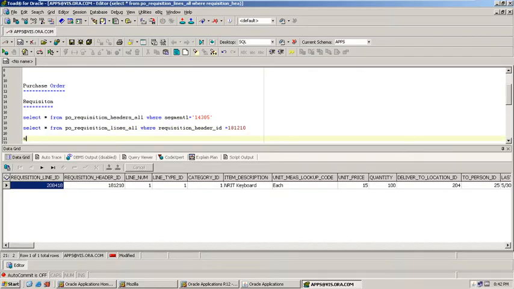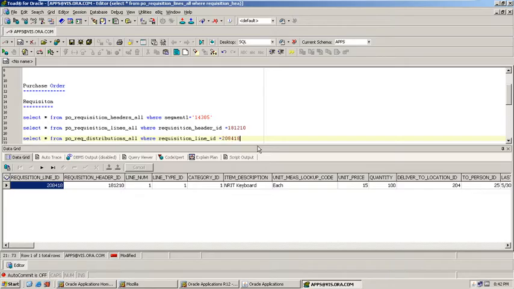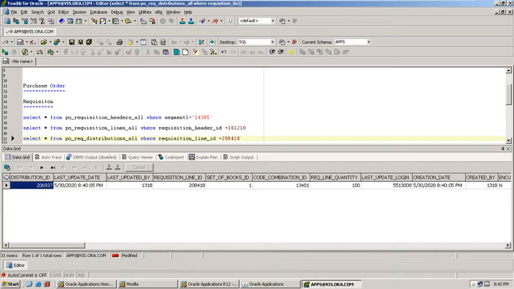Distribution level details will be stored in PO_REQ_DISTRIBUTIONS_ALL, where requisition line ID matches. See how many levels the data got stored: one is header level, lines level, and distributions level.